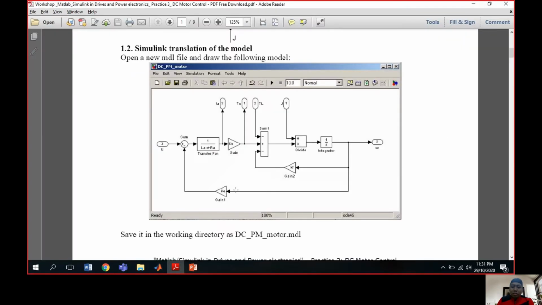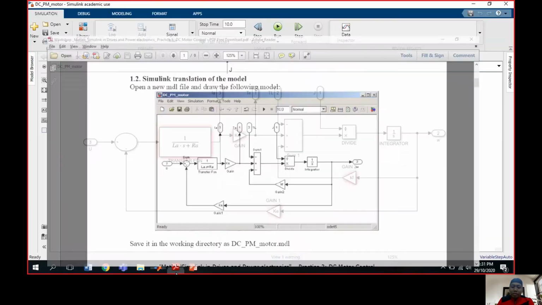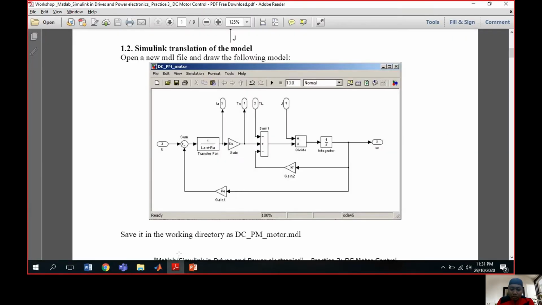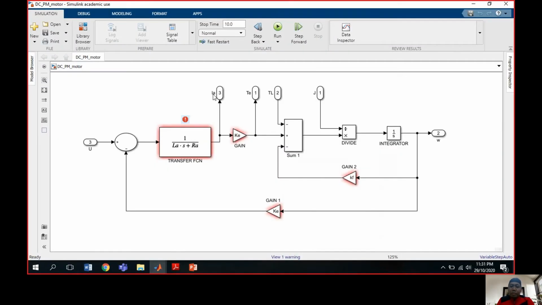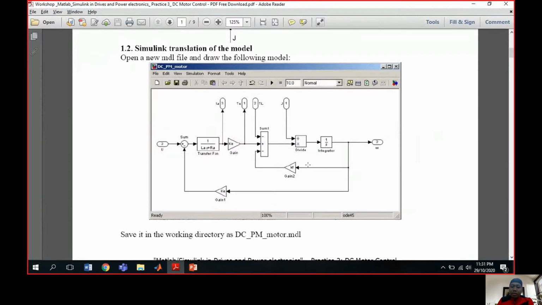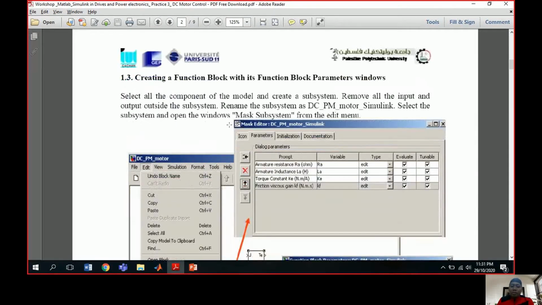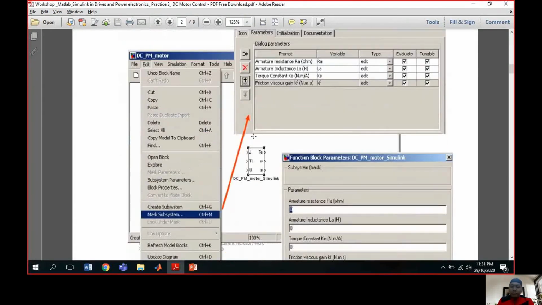This is the complete set of components that I already drew. I already labeled all the components. Now we go to 1.3, create the block function.